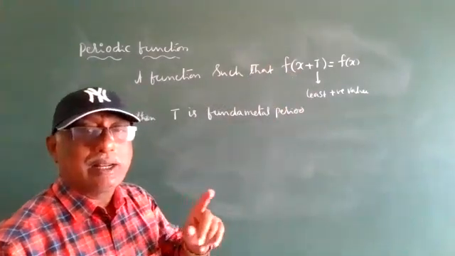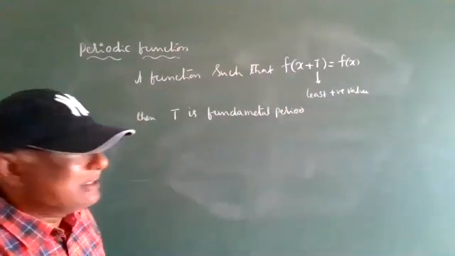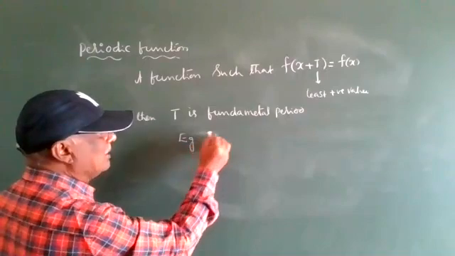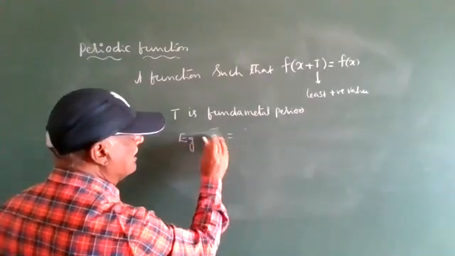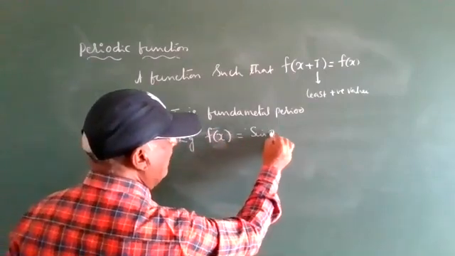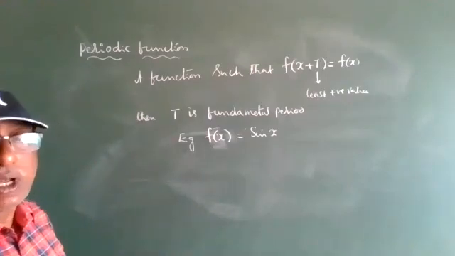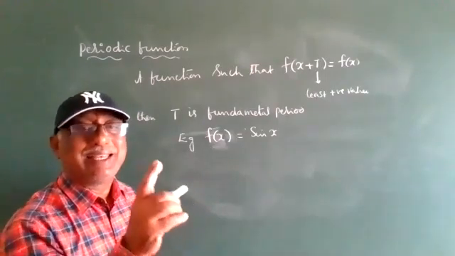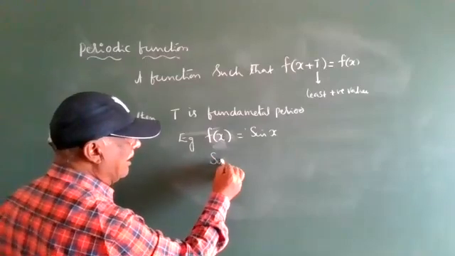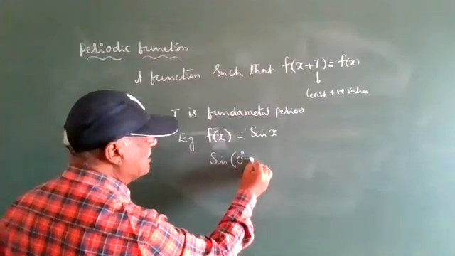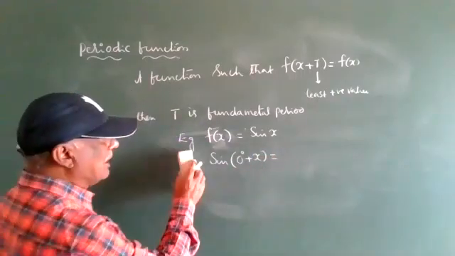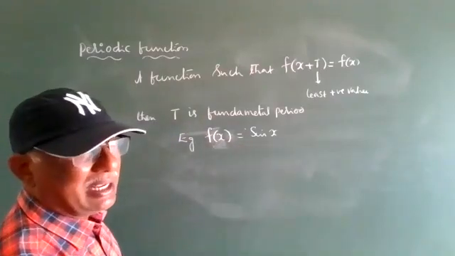Okay? All the trigonometric functions are periodic. I will take sine x as an example. So y is equal to f of x is equal to sine x. I will check. The ends of the quadrants are 90, 180, 270, 360. Okay? 0 is no use. So I will check. Sine of 0 degrees plus x is sine x, so we don't consider 0 degrees. So we take 90, 180.